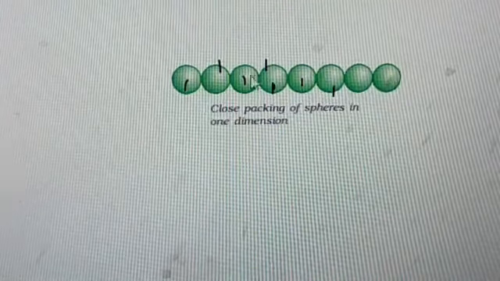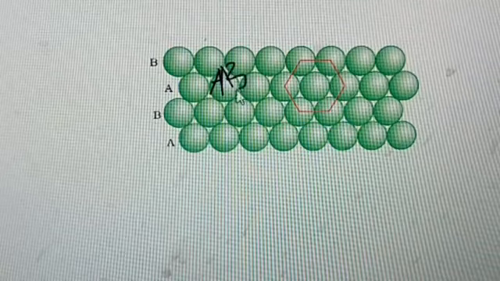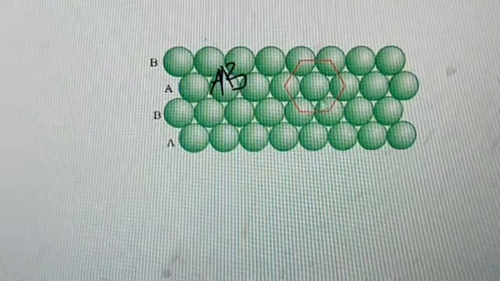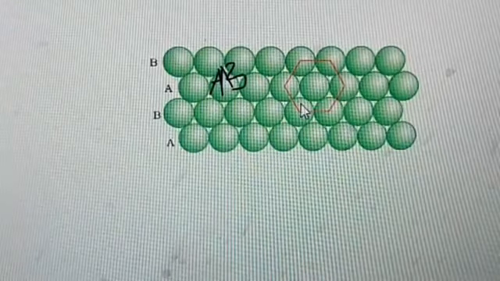That is called AA arrangement, and now it is called AB arrangement. Now if we take this AB arrangement,